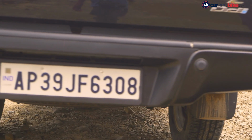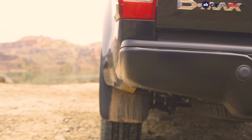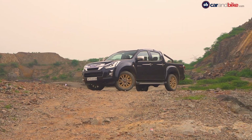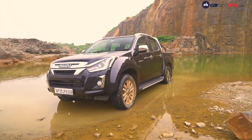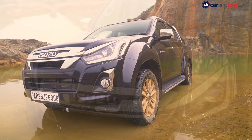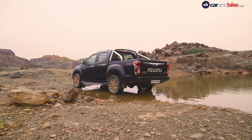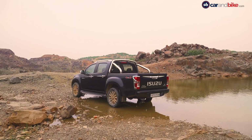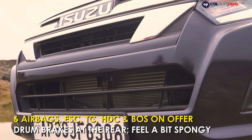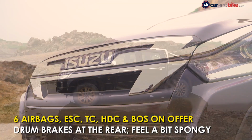Well, it does get parking sensors now, that the BS4 model didn't have, in addition to the reverse camera, and it's quite handy while parking or reversing this mammoth of an SUV. But quite honestly, you have all these even in a premium hatchback nowadays. Something that needs shelling out close to 24 lakh rupees has to be up on the feel-good quotient and offer a few more creature comforts. On the safety side, you do get 6 airbags, electronic stability control, traction control, hill descent control,